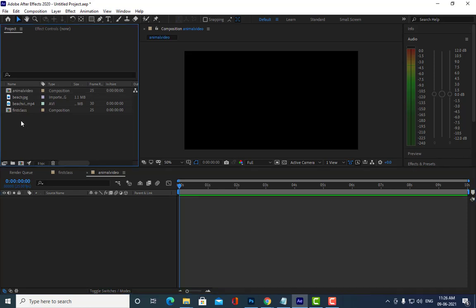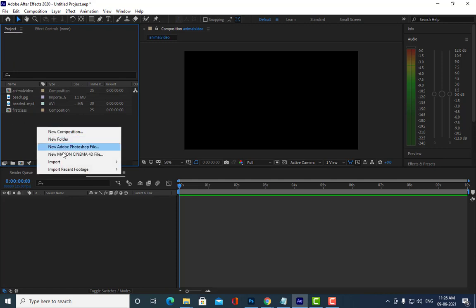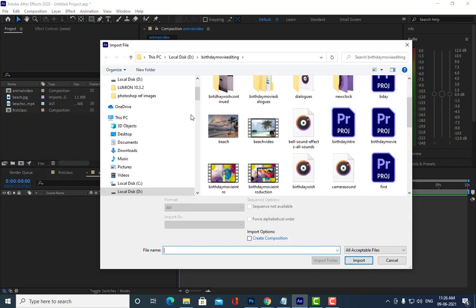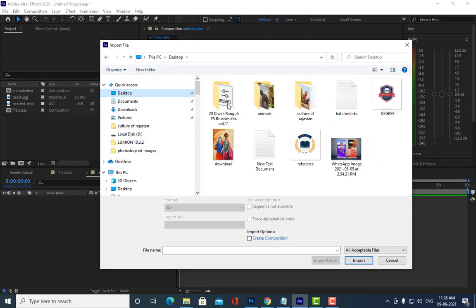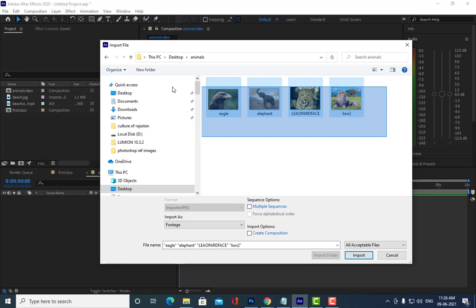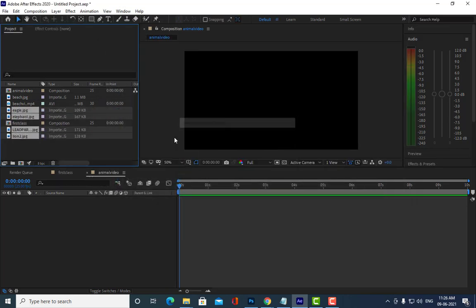Then what I will do is import files. You can also double click. Just go to the desktop. We have taken the images of these animals. I'm selecting all the animals and then import. Is it clear, all of you?